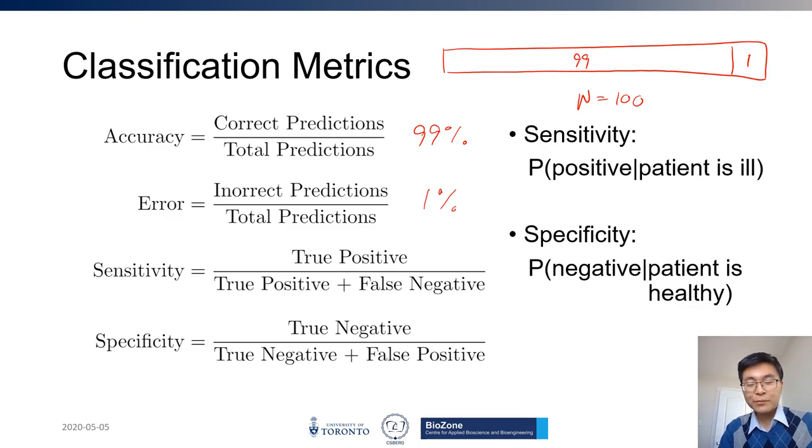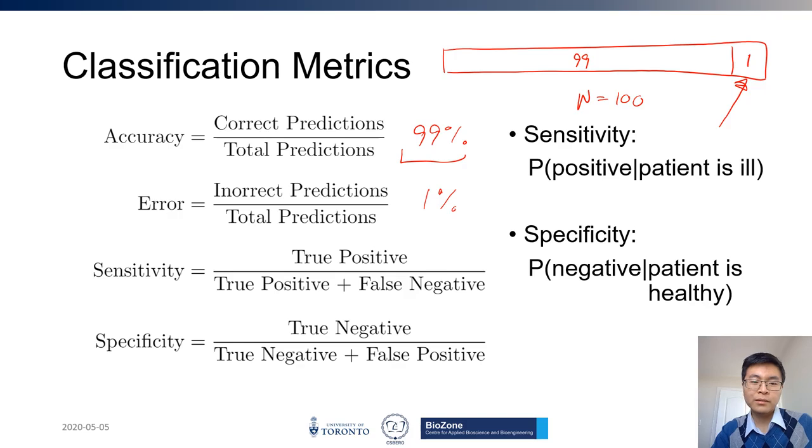You can achieve 99% accuracy by effectively classifying everyone as healthy because you're just making an error one time in this data set of 100. So because of this imbalance in the data set we use to evaluate our model, we get a very misleading